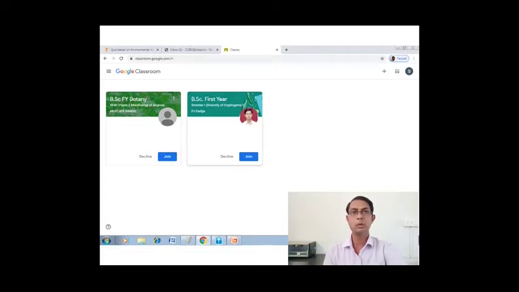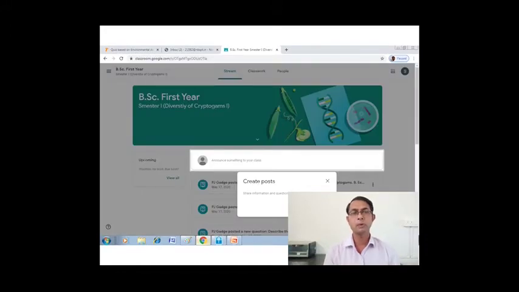So as you click on the join button, you will get inside the classroom, or we can say the virtual classroom you are going to join. Now as you are inside the classroom, you will get this particular type of platform in which you can see the create post, or you can type some message and forward that message to the classroom. It is a very common type of message and it will get to all the different types of participants, or we can say the people available in the classroom.